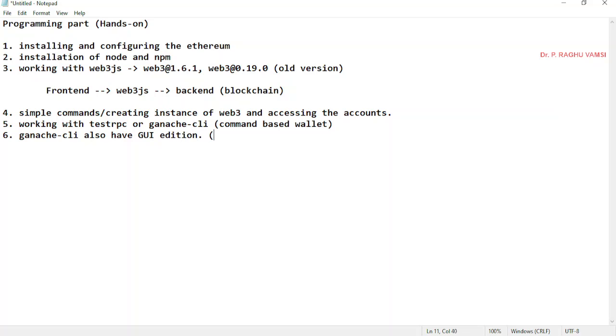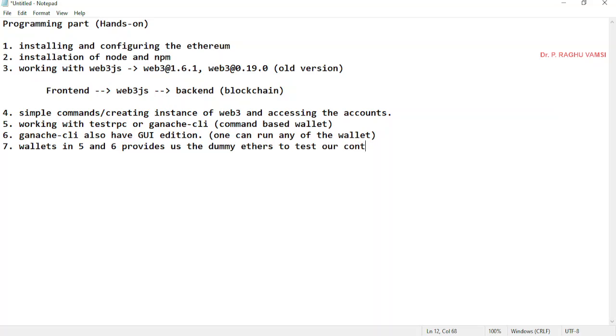Actually, one can run any of the wallets. This wallet provides us dummy ethers to test our contracts. This is the way they provide us the things.